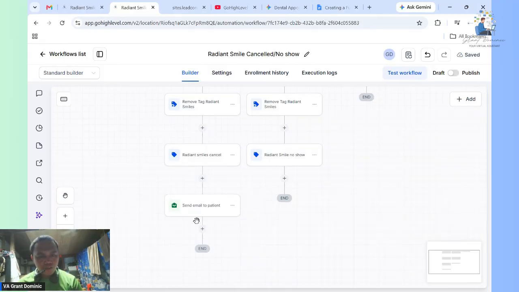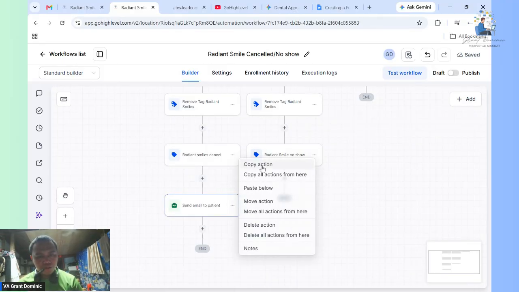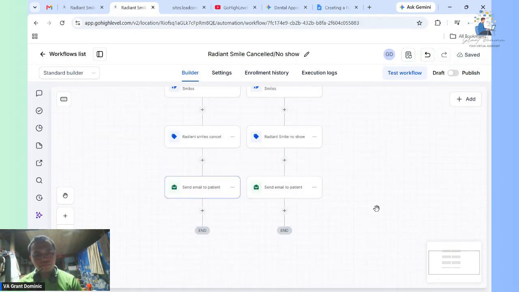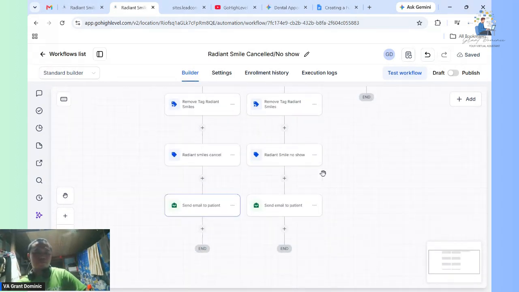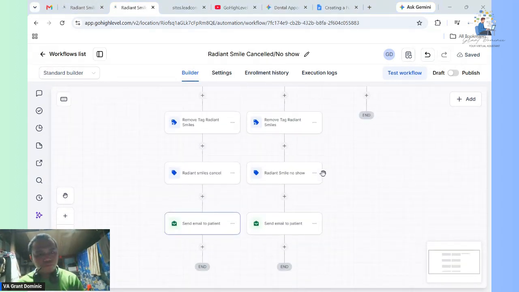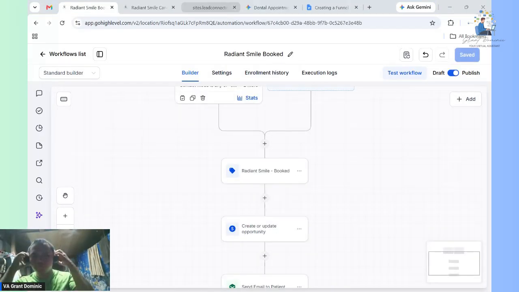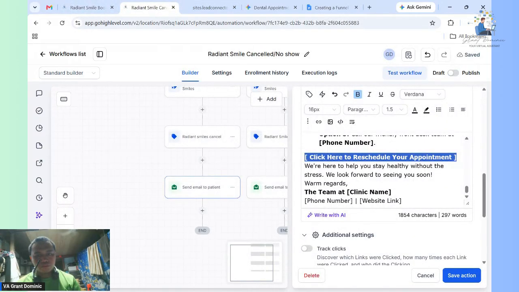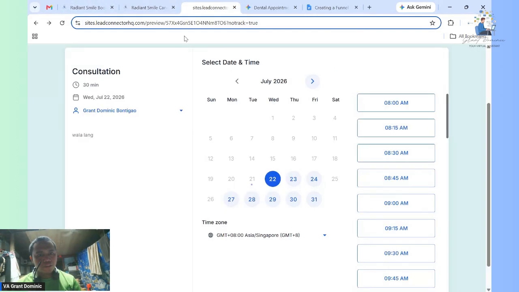This is the same also. Copy action, just paste this. So we will go to, I'm gonna copy this link.